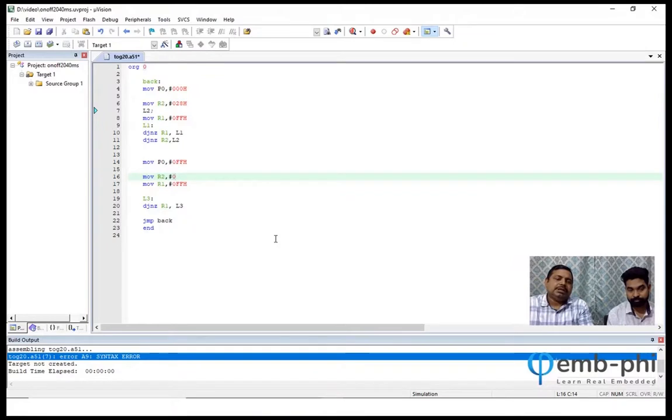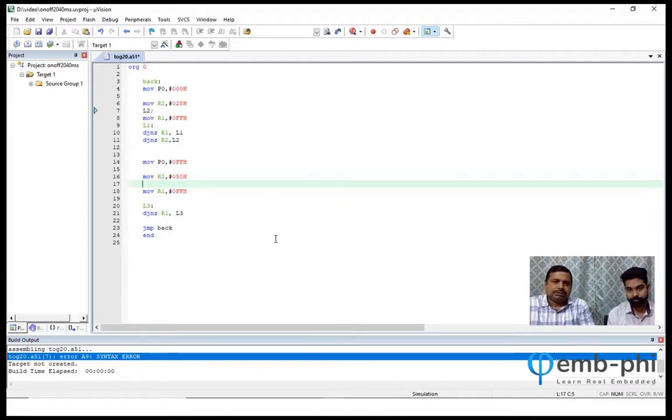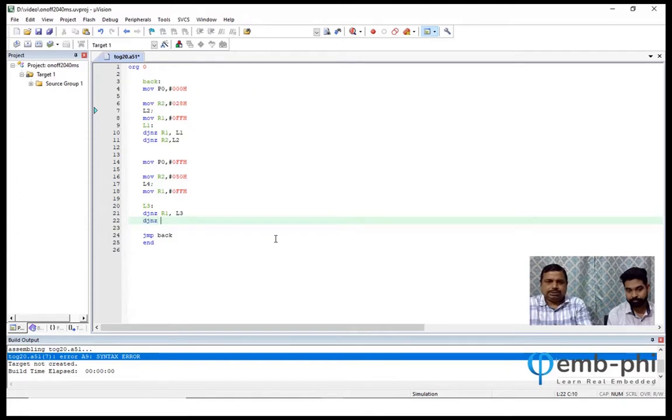So now here I want 40 milliseconds, so it will be double. So it will become 80, around 50 in hex, and it will be L4. Same DJNZ.